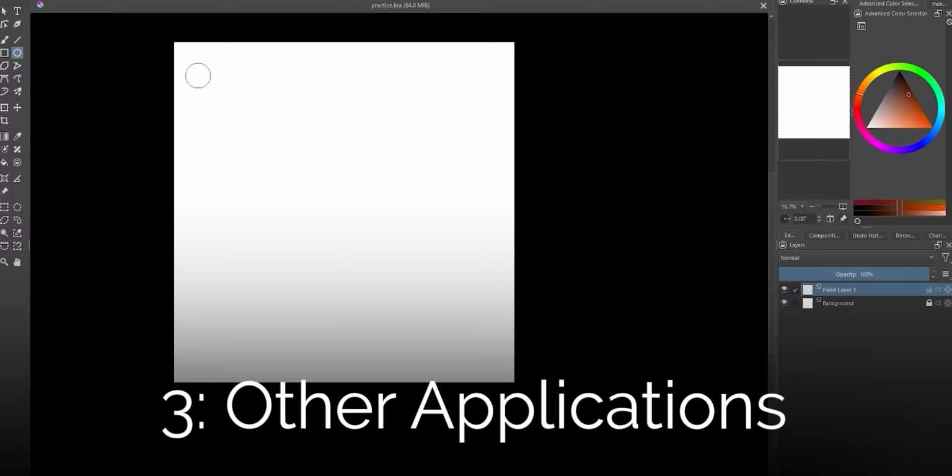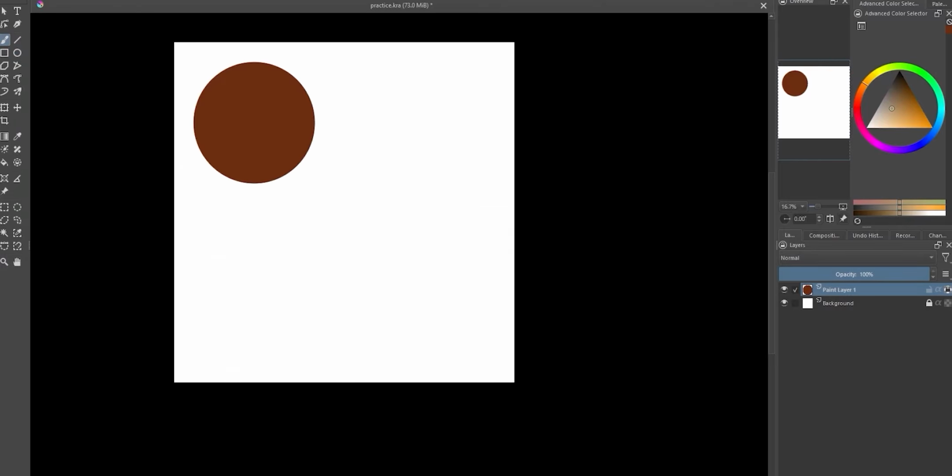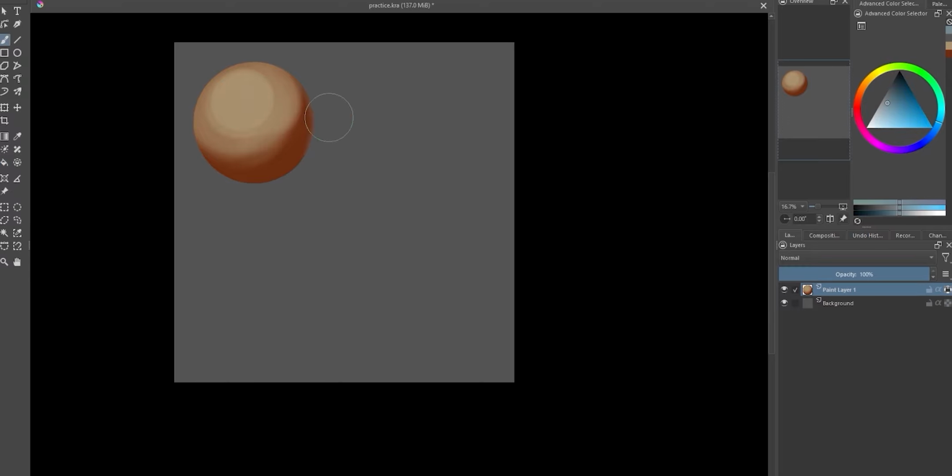Let's start with a simple sphere. We're going to paint a material sphere for skin to begin with. If you paint characters a lot, you paint skin a lot. We know what goes into skin. You have your highlights and shadows, you have that subsurface scattering that shows up nice and saturated at the edges